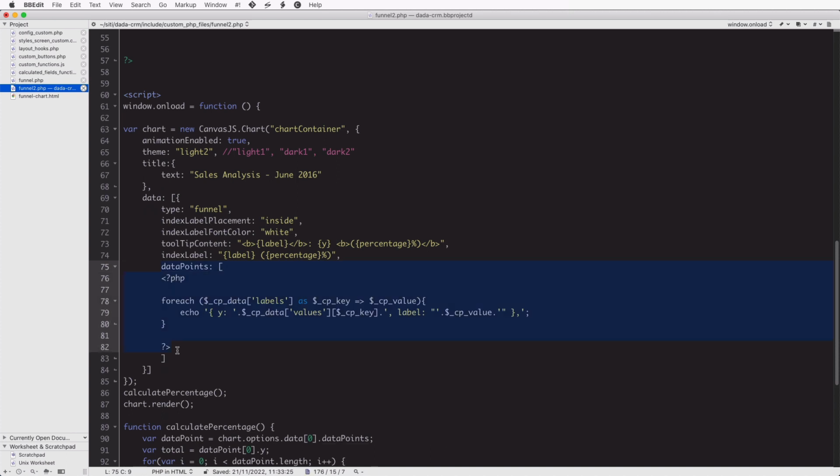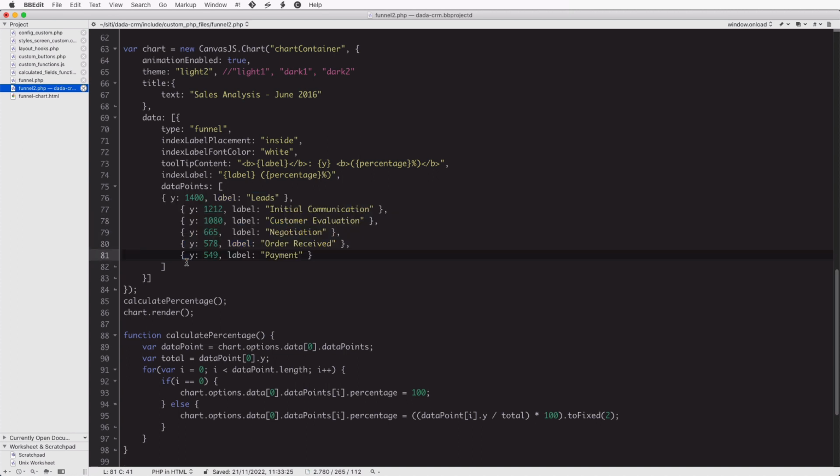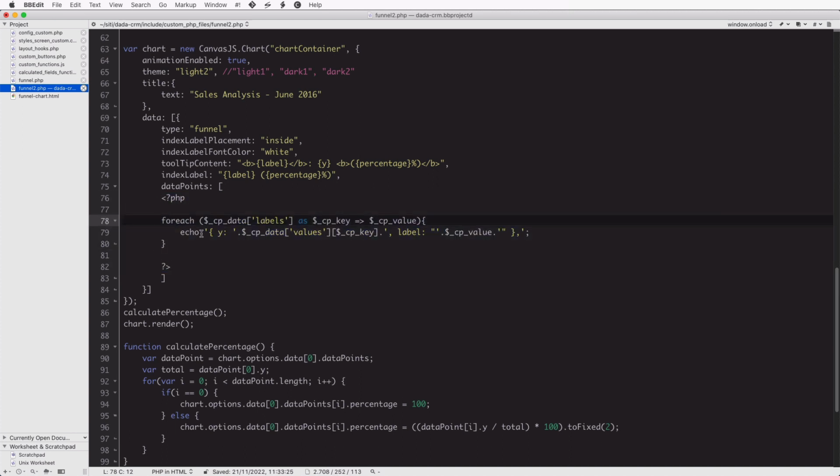Do you remember what we had here? Let me paste it back here, what we had before. Do you remember? So for each stage we have a label and a value. All right, so instead of having fixed values, we use PHP. So we open and close PHP here with the PHP tag, and using a foreach statement, we go through